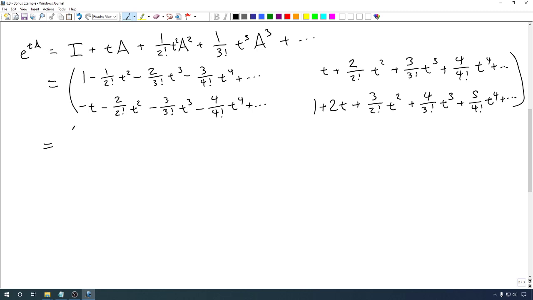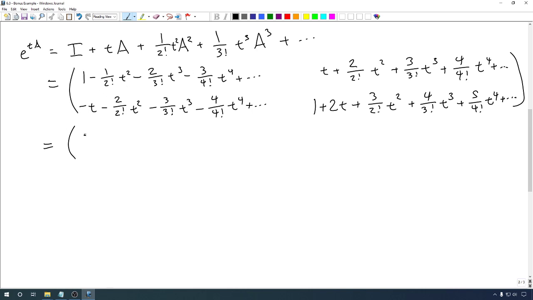And now comes the most fun part of it all. We have to figure out what these power series actually represent. And that takes some work. I'm not going to go through all the work here. This is kind of a Calc 2 type question, though it's actually a little bit more complicated than I would give to a Calc 2 class. But it turns out if you just do stuff with derivatives and integrals of series and look at what the sum of various series are and try to recognize them as being the correct form for e to the t in various cases,